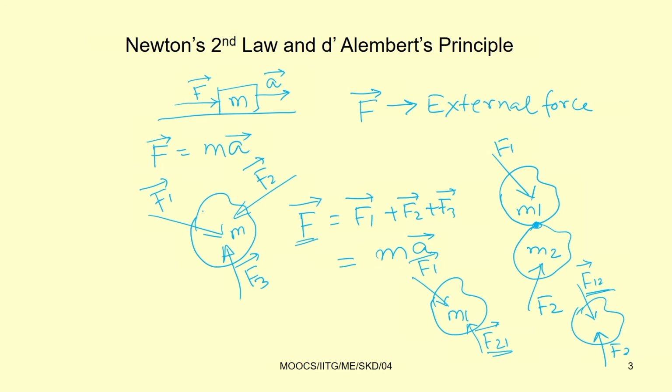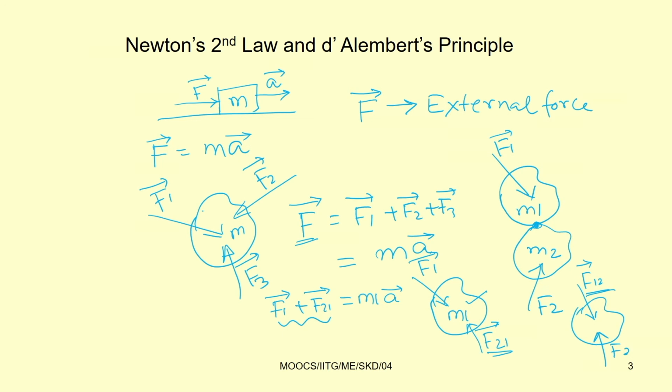Now, to write down the equation of motion, the vector sum, F1 plus F21, will be equal to mass into acceleration. We have to find the resultant of these two. Sometimes it is very difficult to find these constraint forces when the number of degrees of freedom of the system increases, and also we are dealing with vectors, that is, force and acceleration terms. This is the disadvantage of using Newton's second law.